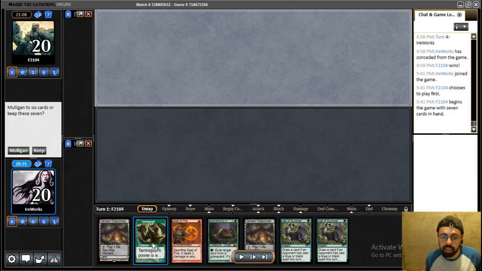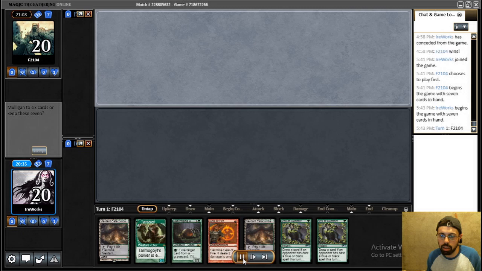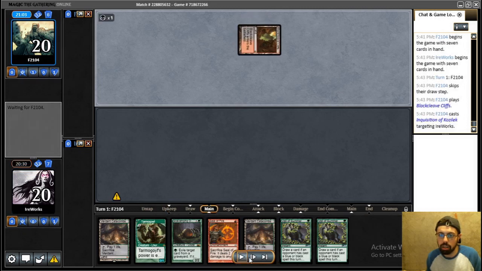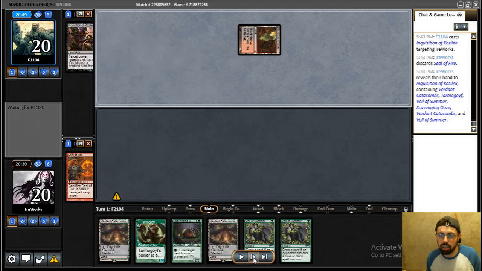Seal can interact, and we can buy it back with Lurrus. So we've got removal. We've got basically potential mini cryptic commands, and we've got threats in Tarmogoyf and Scavenging Ooze. So we do decide to keep this, and our opponent's gonna start us off. He's gonna play an Inquisition and take our Seal of Fire, which surprised me a little bit at the time,